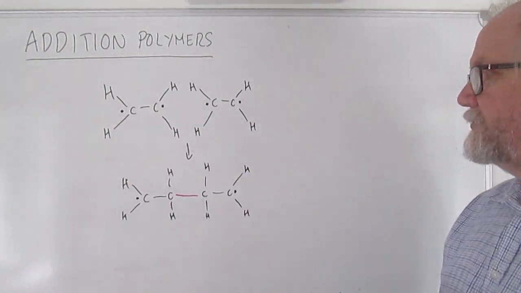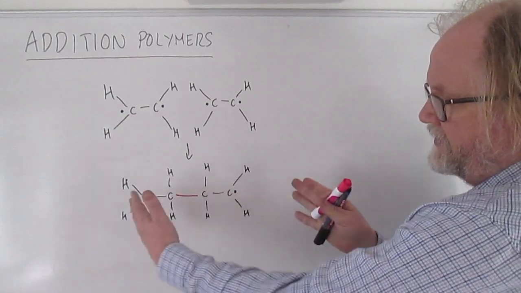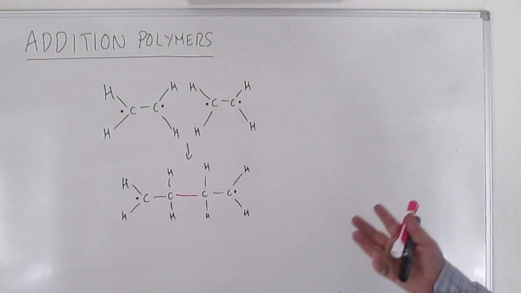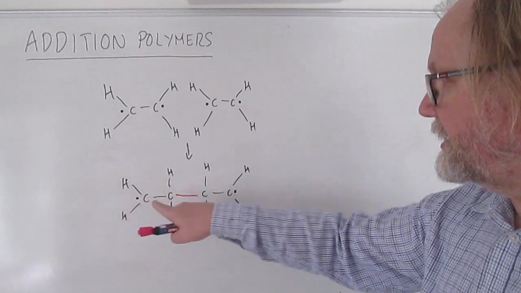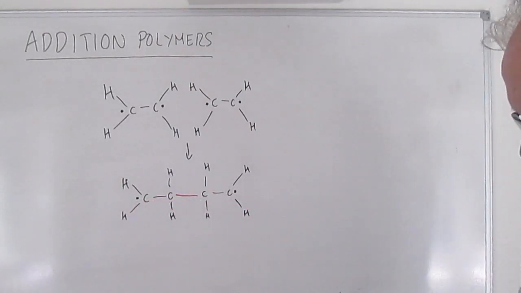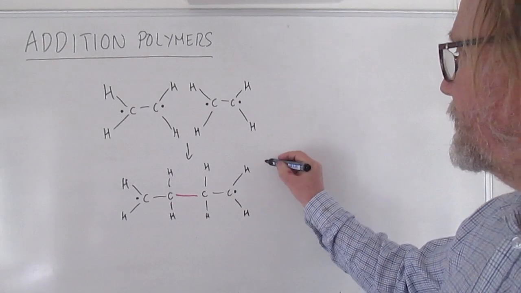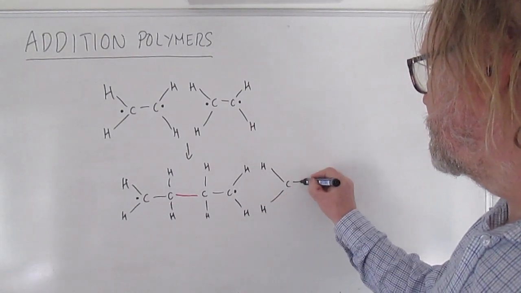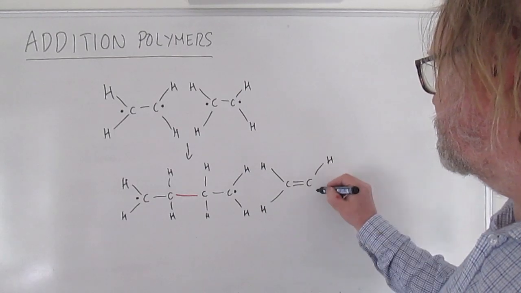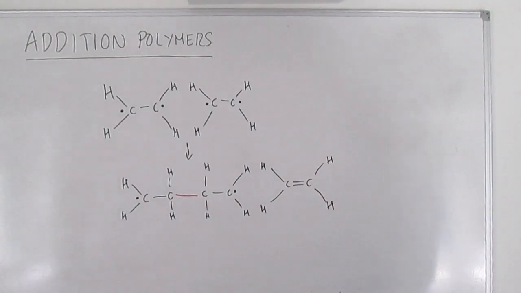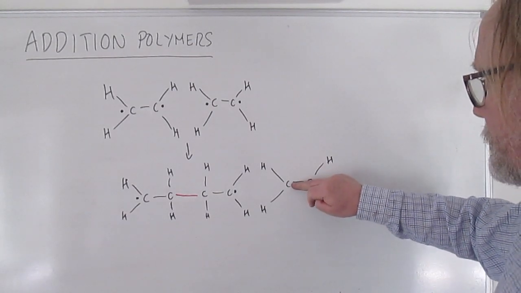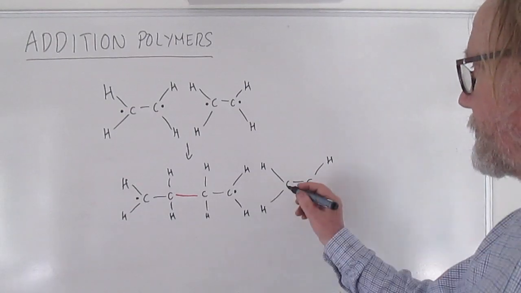And so the important thing is, first of all, we've now joined two molecules together to make a bigger molecule, courtesy of that new bond formed there. But the second thing that's important is that at each end there's still an unpaired electron. And of course what that means is that if another alkene molecule now comes along like this, it can do the same thing. So again, we can break open the pi bond like that and form